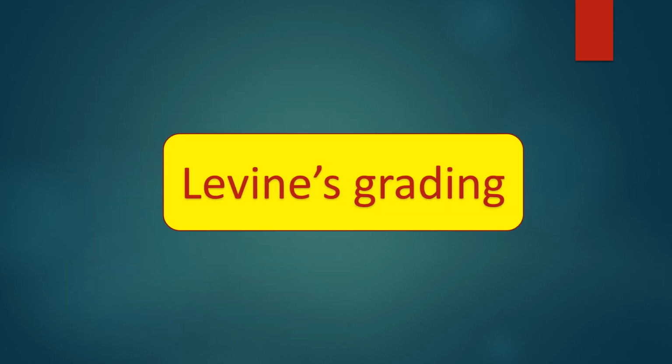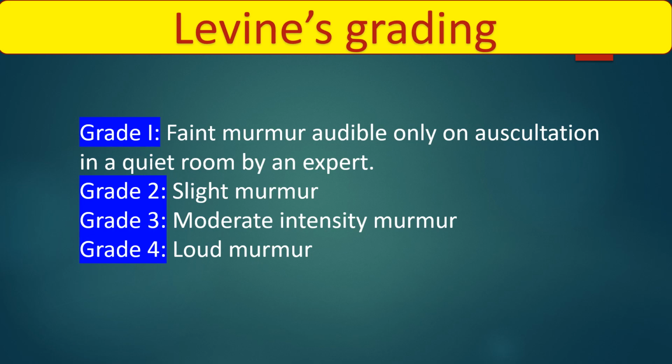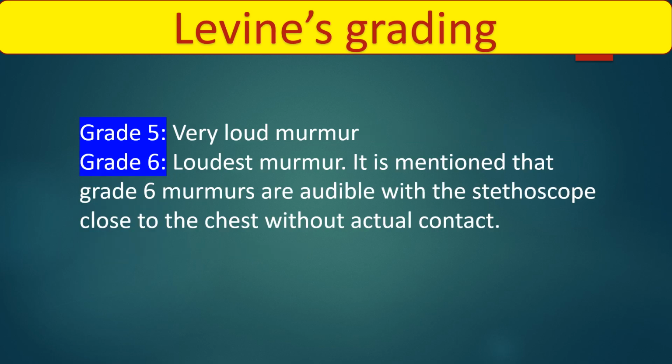Levine's grading of murmurs. The initial grading was based on the intensity of the murmur alone. Later, presence of thrill was added, with thrill being appreciated in murmurs of grade 4 and above. Conventionally, grading is considered for systolic murmurs. Grade 1, faint murmur audible only on auscultation in a quiet room by an expert. Grade 2, slight murmur. Grade 3, moderate intensity murmur. Grade 4, loud murmur. Grade 5, very loud murmur. Grade 6, loudest murmur. It is mentioned that grade 6 murmurs are audible with the stethoscope close to the chest without